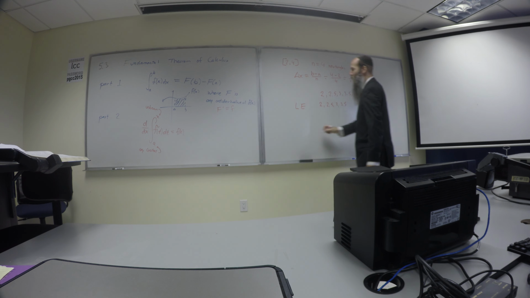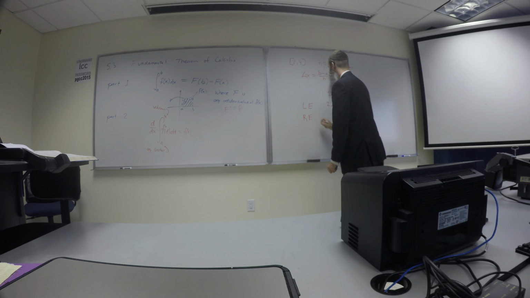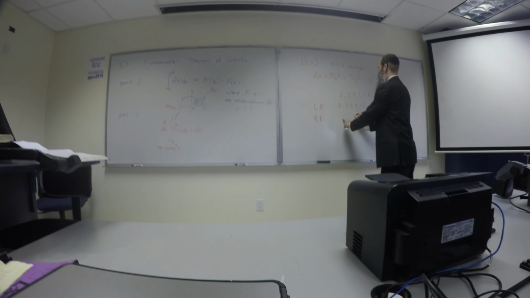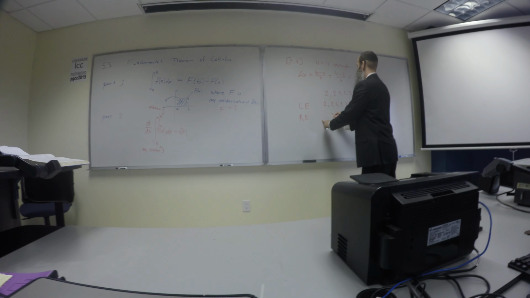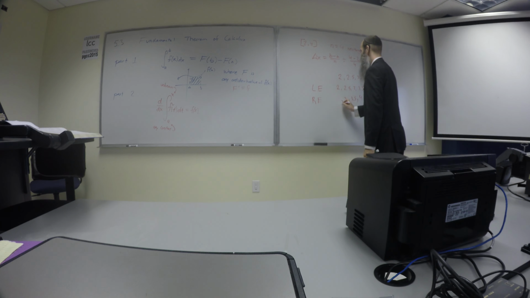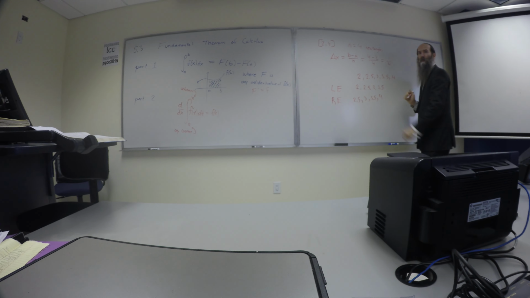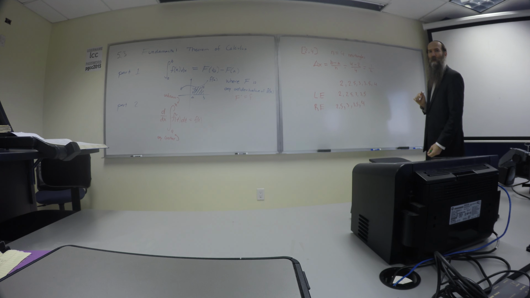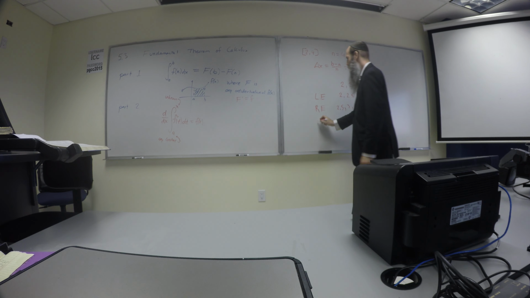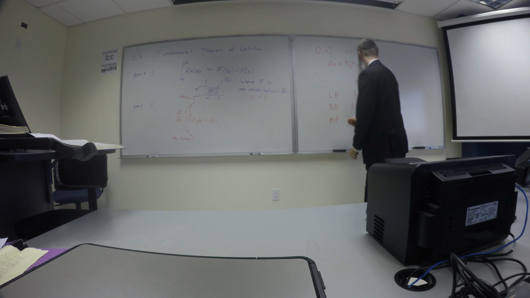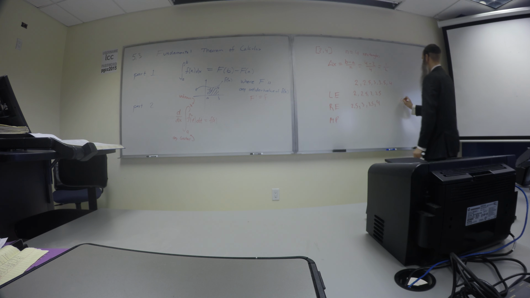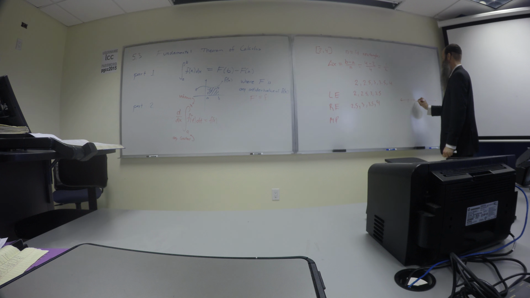Now right endpoints is exactly the same thing, only from the other side. So it's going to be 4, 3.5, 3, and 2.5. You do not use the first one. You use only the right ends of each rectangle. That's okay so far? Yeah. Okay, so now for midpoints, you need to take the midpoint of each and every rectangle. Remember, the grid points are 2, 2.5, 3, 3.5, 4. You've got rectangles